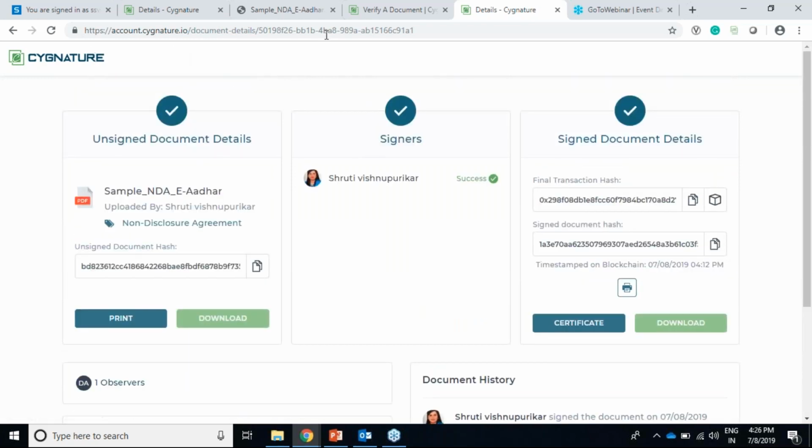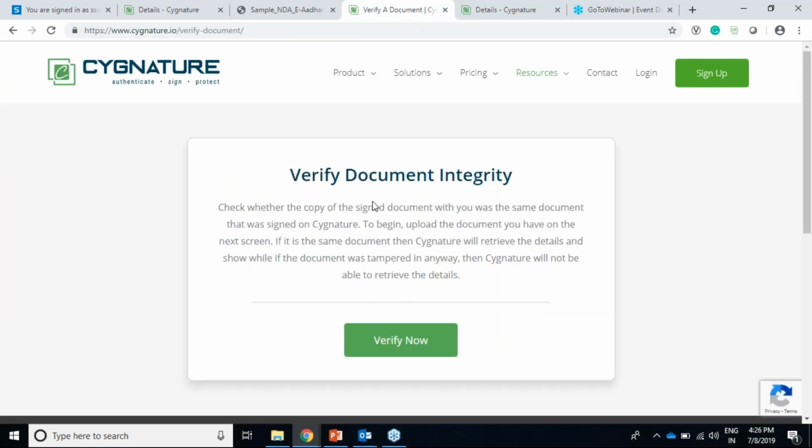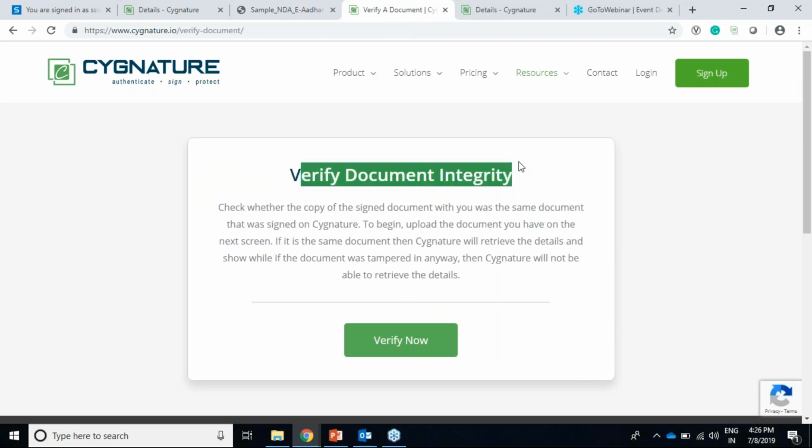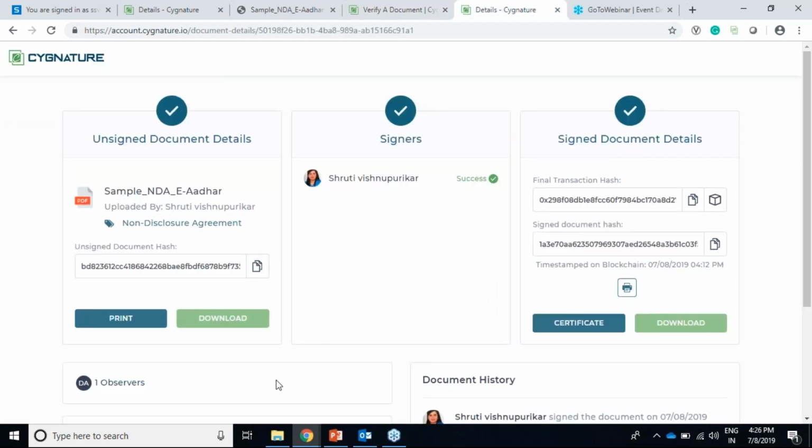I have not logged into Signature. I'm nowhere logged into Signature. I cannot see my account here, nothing. So I'm a third party to Signature right now. And I just verified a document using a URL link, which is on the website, and I can see all these details here. So if I want, I can print, I can download. I can download the unsigned document, then what happened to it after the signing process. I can download the certificate, I can download the document.